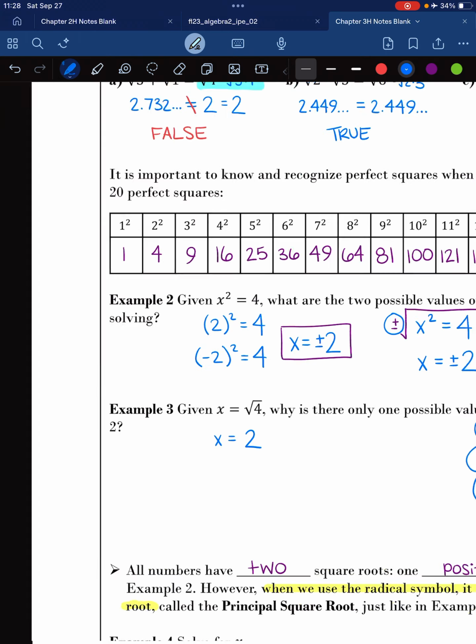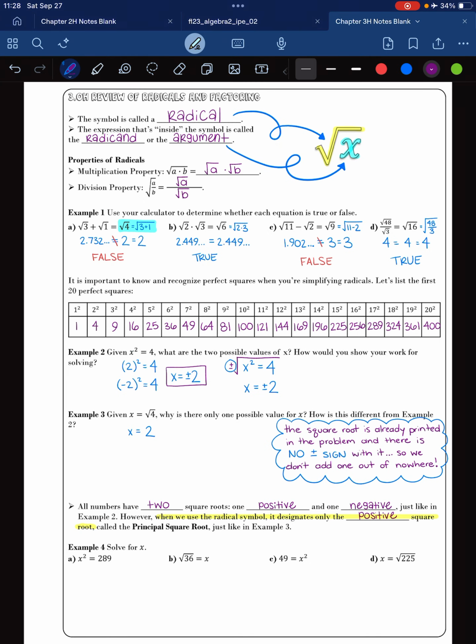Okay, one kind of lazy justification for this is try typing that in your calculator. If you type in square root of 4 in your calculator, it does not tell you the answer is positive and negative 2. It tells you that there's only one answer. The answer is 2. And the reason is that there was no plus or minus sign in the problem to